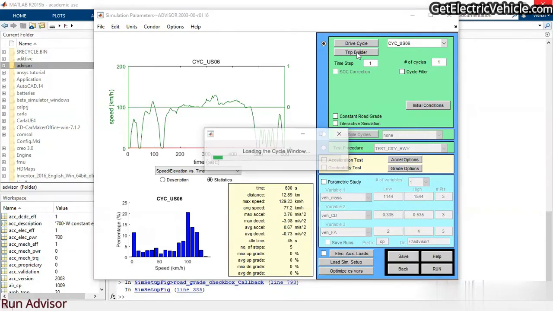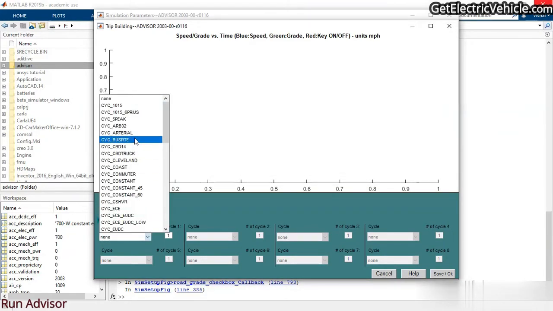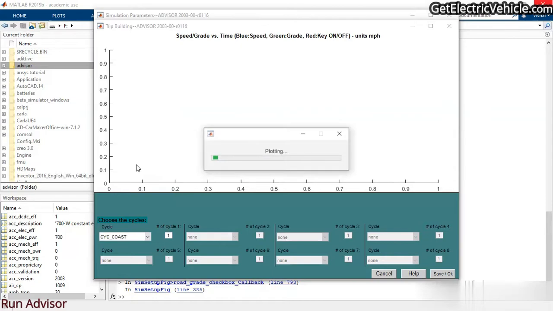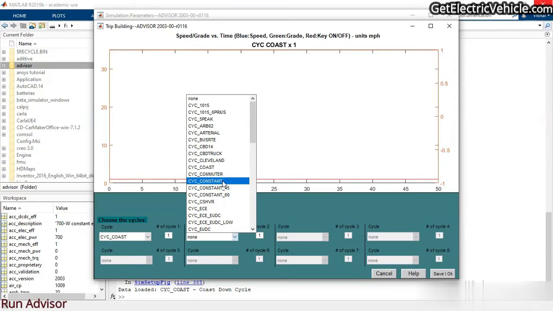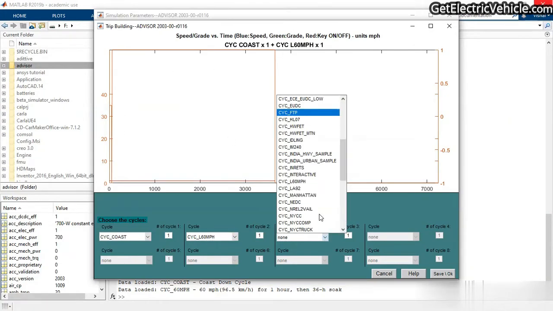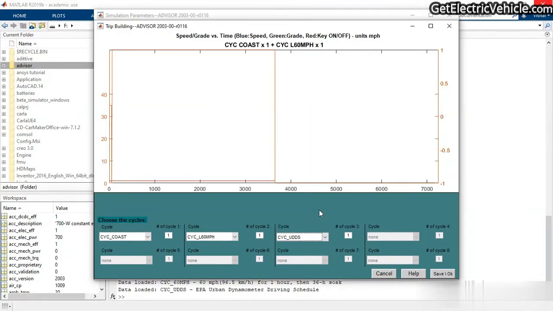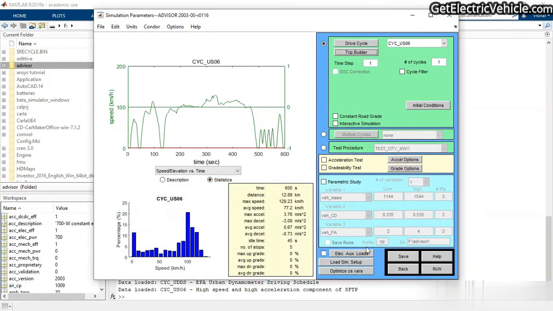Here there are options to combine more than one driving cycle to simulate the vehicle for that combined driving cycle. Let's try to build a driving schedule. Here I am adding 3 or 4 driving cycles. I added 2. I have added the third one as well. Now this is the complete driving cycle. Now I cancelled everything. We are just simulating the vehicle for only a single drive cycle.